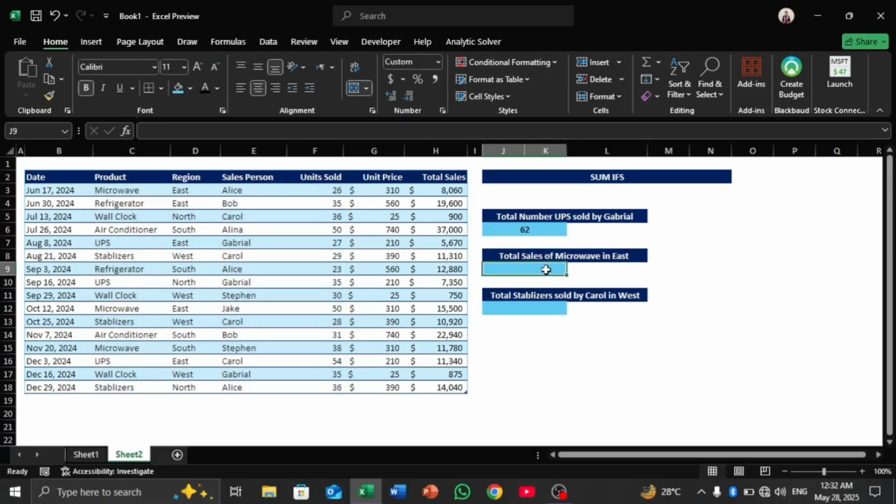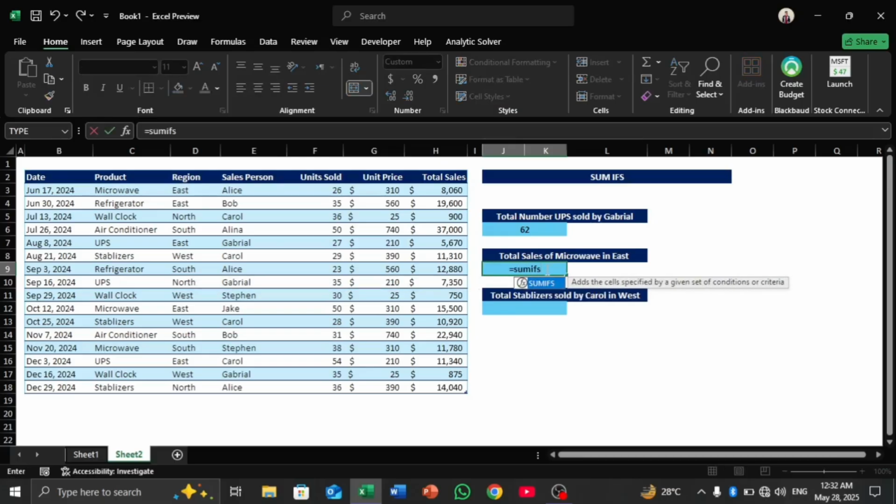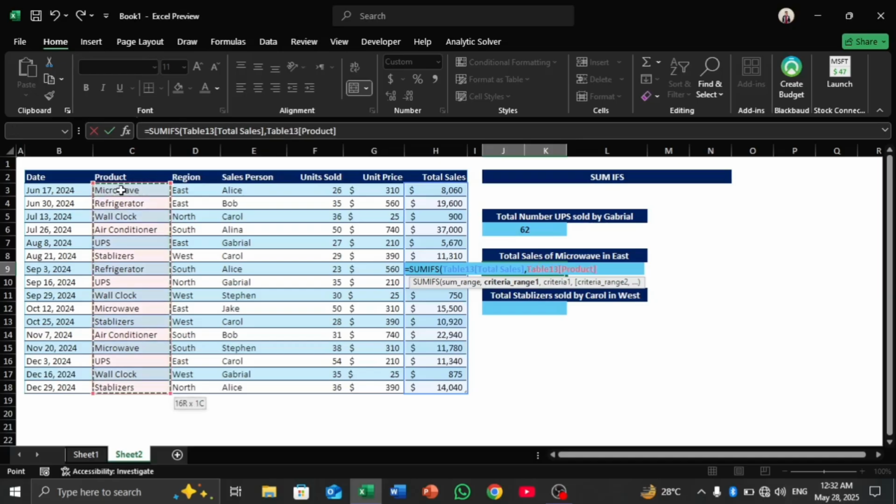Now let's find out the total sales of microwave in East. So here we again have two criteria. Number one is microwave and number two is East. So we type equals SUMIFS, tab key, and the sum range is now the total sales. So we select it, comma, criteria range 1 is that the products must be equal to microwave. So we select the product list, comma, these products must be equal to microwave. So we type microwave in inverted commas.